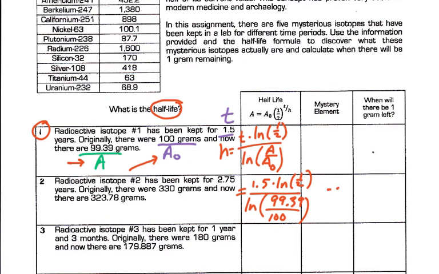Okay, so here we go. Now I'm just going to plug this into my calculator and see what we get. I'm doing 1.5 times the ln of 0.5 or 1/2. And after that, I'm going to hit enter. Okay, I get like negative 1.04 or so. Now I'm going to hit the divide symbol, and it uses my answer button. Divide by the ln of 99.39 divided by 100. And those numbers are both inside the logarithm. Close my log, and I get right here, let me erase it because it should go into this space here, my half-life is equal to